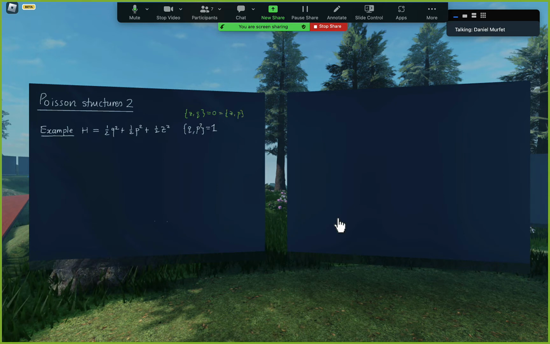It doesn't imply. My convention is that since I only wrote down this one, those are implicit. And of course, p paired with q in the other order is -1 by antisymmetry. Okay. Well, on the level set given by h equals a half, right, the two sphere. So if this were my Hamiltonian and I used this Poisson structure to give myself a vector field on this level set,